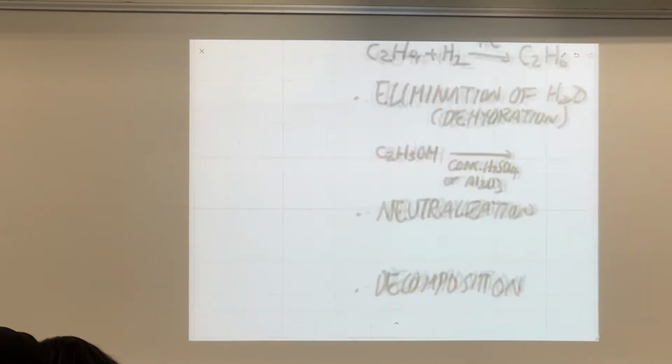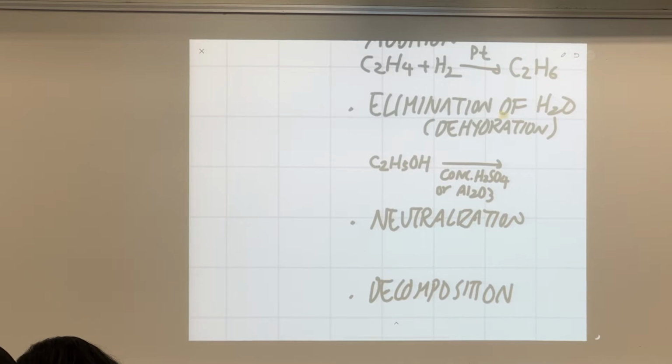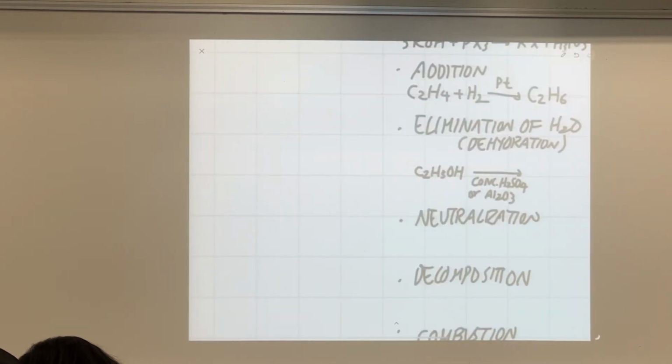Okay, can you predict the product? We discussed this some time ago. When you dehydrate, what is that alkene? When you dehydrate specifically ethanol, ethene, yes, because that's what dehydration means. You take these out and you turn this C-C single bond into a double bond. So this is what results.